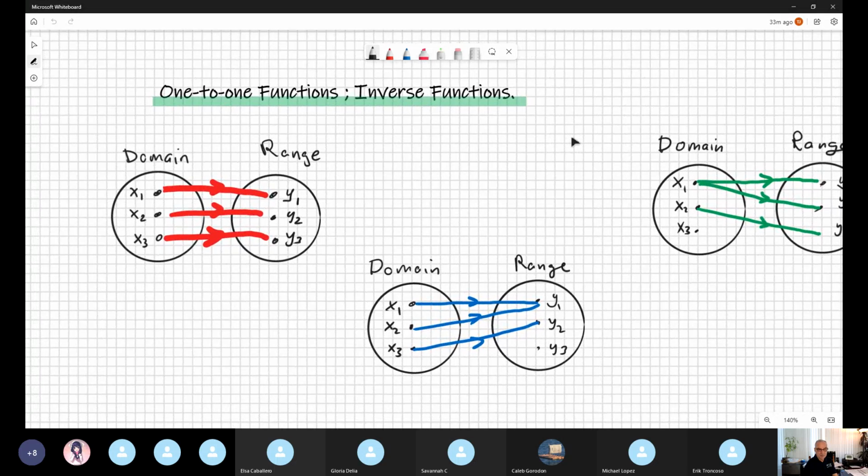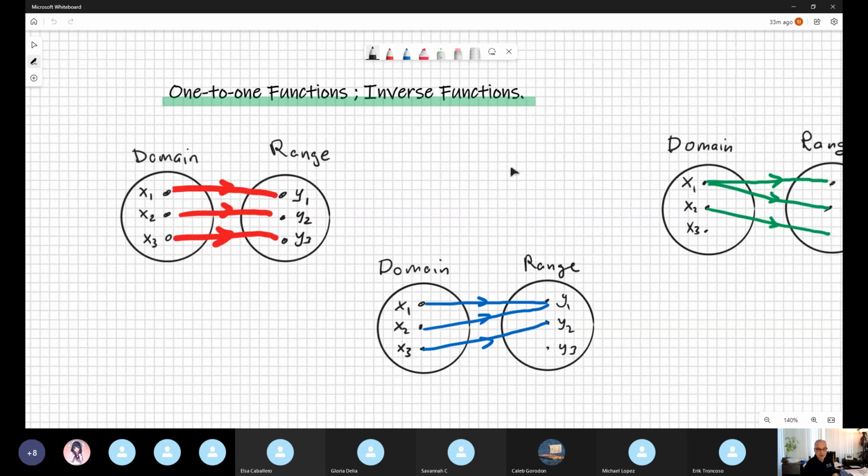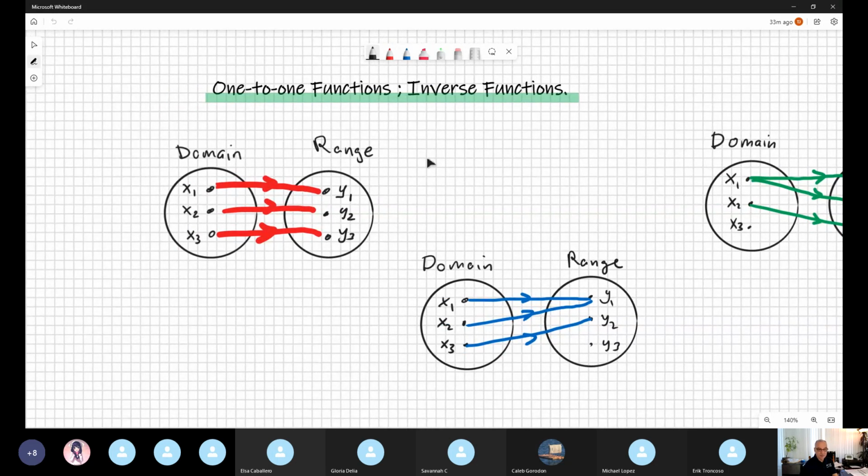Okay, let's see a function: a one-to-one, a many-to-one, and one-to-many. So for example, the red part is a classical example of one-to-one, because any value of x is assigned directly to only one value of y. One husband, one wife, one-to-one. This is a function. It's obvious. Yes, it is a function because